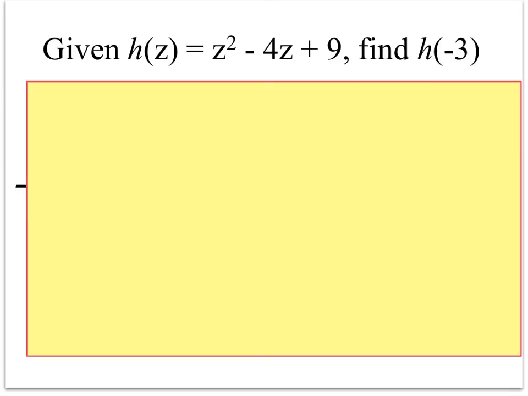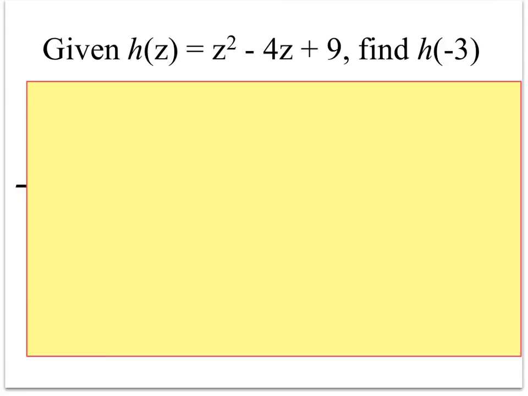This time you are given a function h of z, which is equal to z squared minus 4z plus 9, and then it's asking us to evaluate it when z is equal to negative 3. It says find h of negative 3. So that means that z,